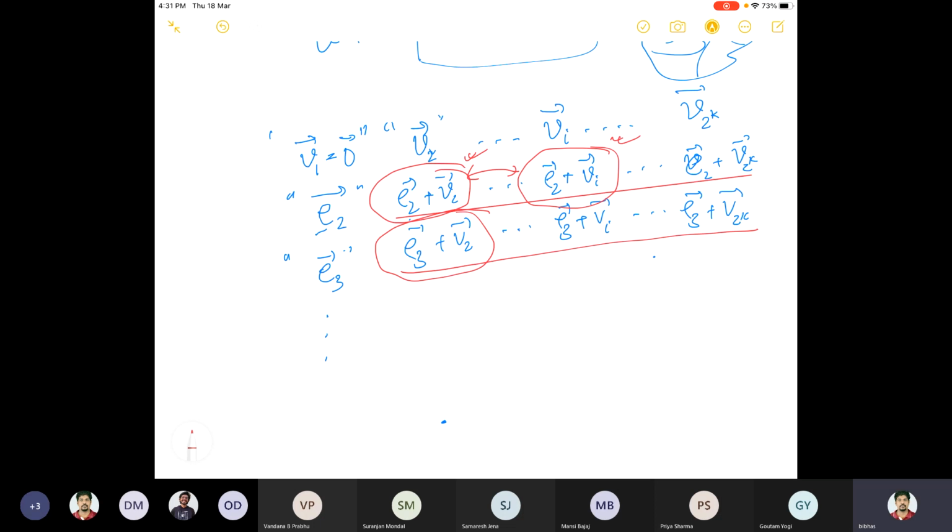So using this process, what I was saying is we want to use all possible n-tuples in this particular array. So then, in each row, how many tuples are there? 2 to the power k, right? 2 to the power k, because starting from V1, V2, V3, dot dot dot, up to V to the power k. So it is 2 to the power k vectors, and 2 to the power n vectors I need to complete. So in each row, I have 2 to the power k.